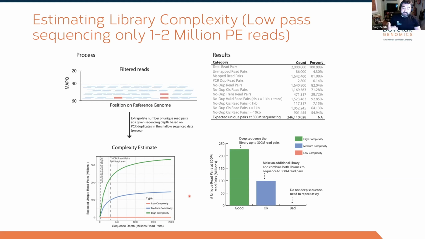It is an estimate, so it's not 100% accurate, but it does give us a good idea of whether or not your libraries are complex. And so typically what we do here in this extrapolation curve is we draw a line at a Hi-seq lane. You could draw that line wherever you want to, but most people sequence around 30x with one library. So we want to understand what the behavior looks like at that 300 million read pair size range. And so you could either be